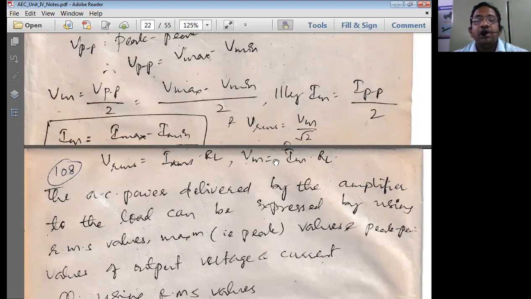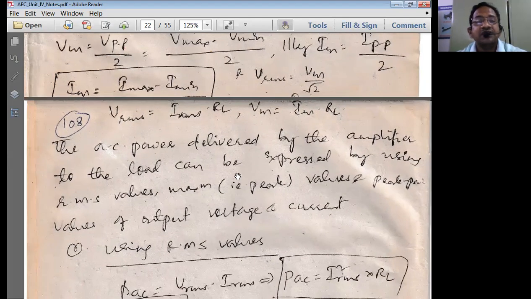Now, if you are writing the equations for the AC voltage and AC currents, we always write in terms of rated AC voltage and rated AC currents. What is the rated AC voltage? It is the RMS voltage. So Vrms is equal to Vm by root 2. You should remember this formula. For doing problems, you should remember the formulas. Then only you can do the problems quickly. Otherwise, you're going to get stuck.